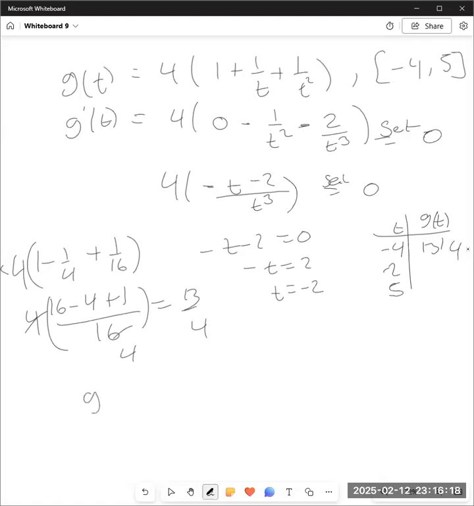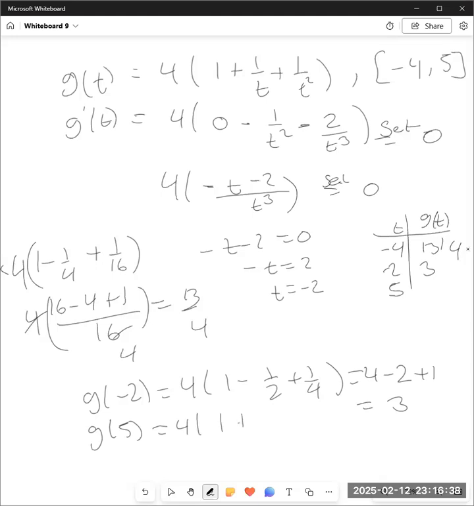Then g of negative 2 is 4 times 1 minus a half plus a quarter, which is 4 minus 2 plus 1. 2 plus 1 is 3. And g of 5 is 4 times 1 plus a fifth plus a 25th, which is going to be